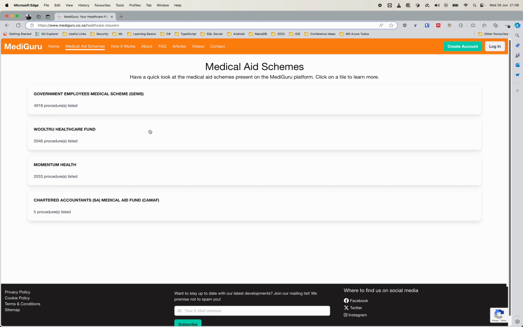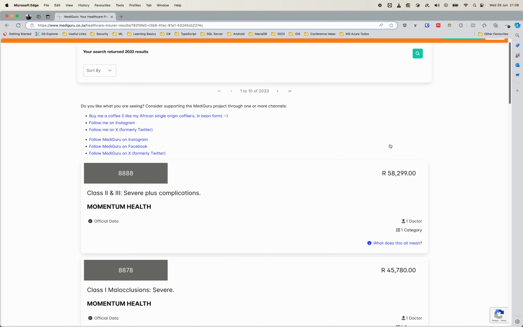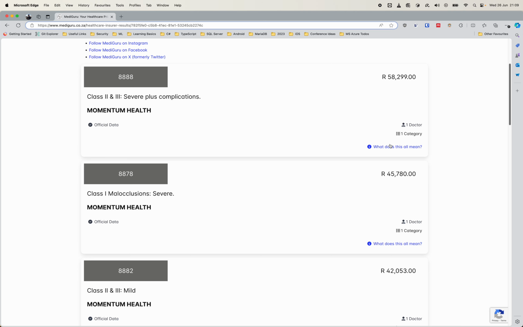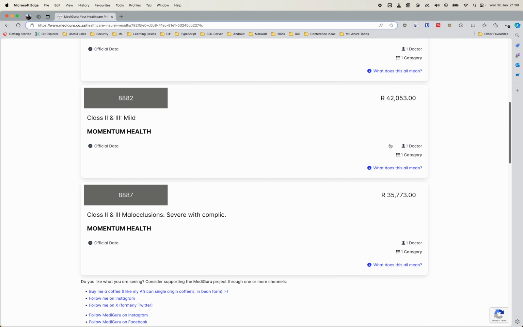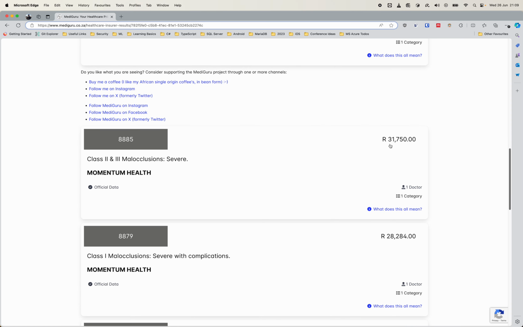If you want to take a closer look into the procedures that a particular medical aid scheme has, you can click on the one that you wish to look for. If I want to look at Momentum's procedures, I can click that. And this will then show you a paged view of all the available medical procedures that are associated to this particular